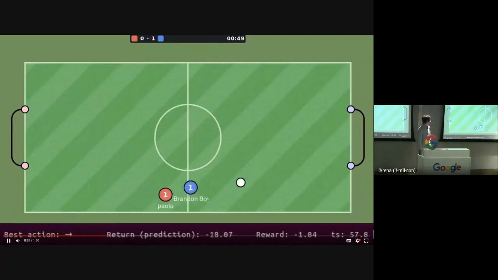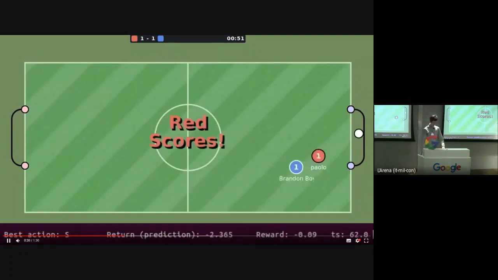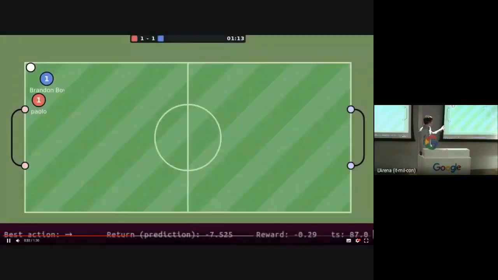Not so fast. Yeah. This is a very interesting situation. Still, you can see that it's not perfect because it cannot find the optimal strategy for the ball in the corner.